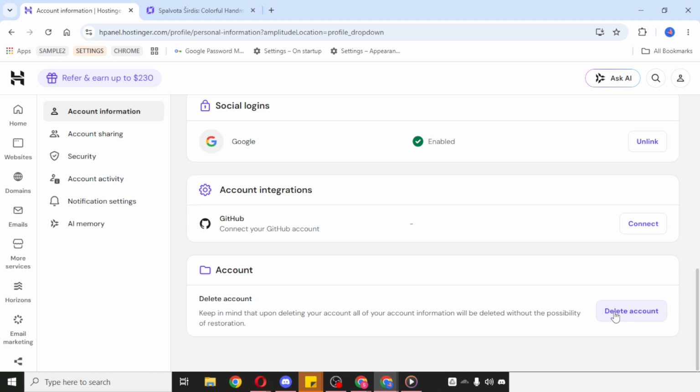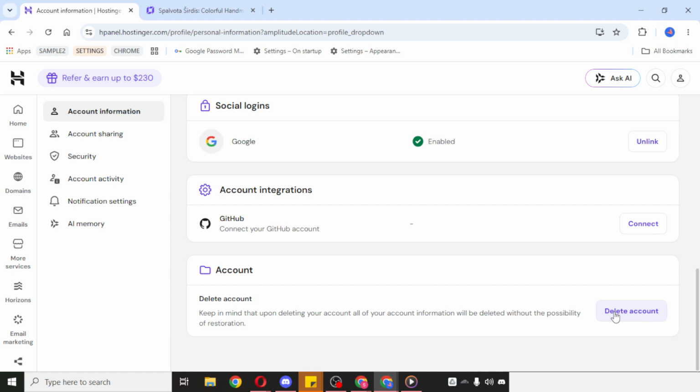Once that's done, the next step is to contact your bank or your credit card issuer. Let them know that you have cancelled your subscription with Hostinger and that you're requesting assistance with a refund. When you reach out, it can help to clearly explain the cancellation date and mention the charge you want reviewed. Keeping your request simple and direct can make the process smoother.